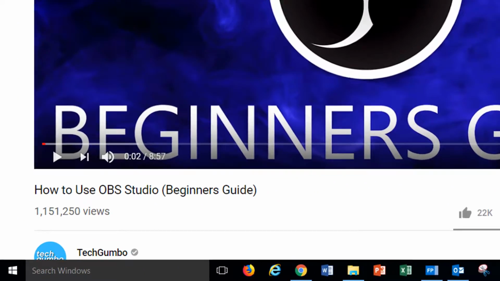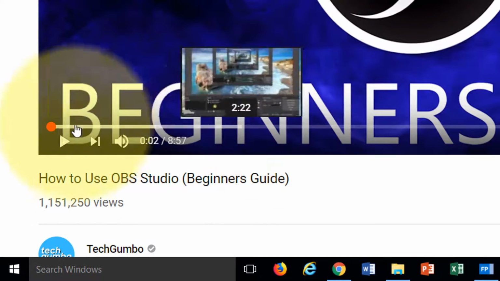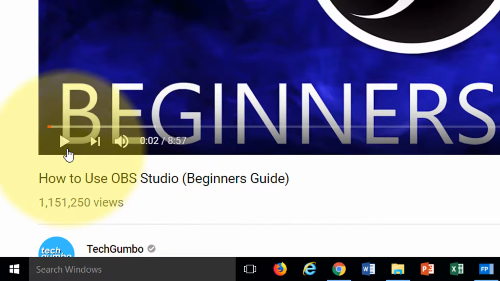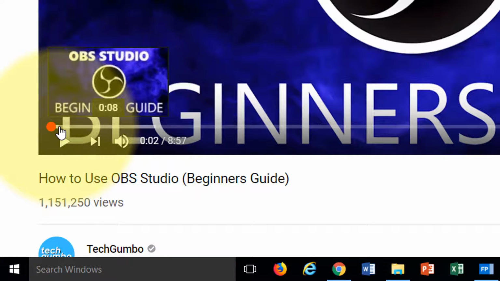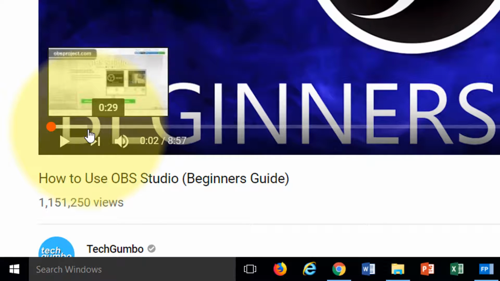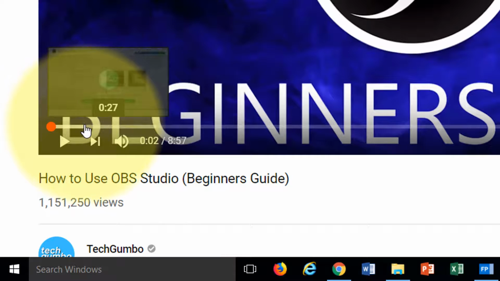A couple of ways to skim or seek a YouTube video. Let's say that I want to skip the intro and get right into the instructions. I can just hover my mouse over the line here and then slide my mouse. I'm not clicking, just sliding until I get past the intro screen, and I could see here's a spot where